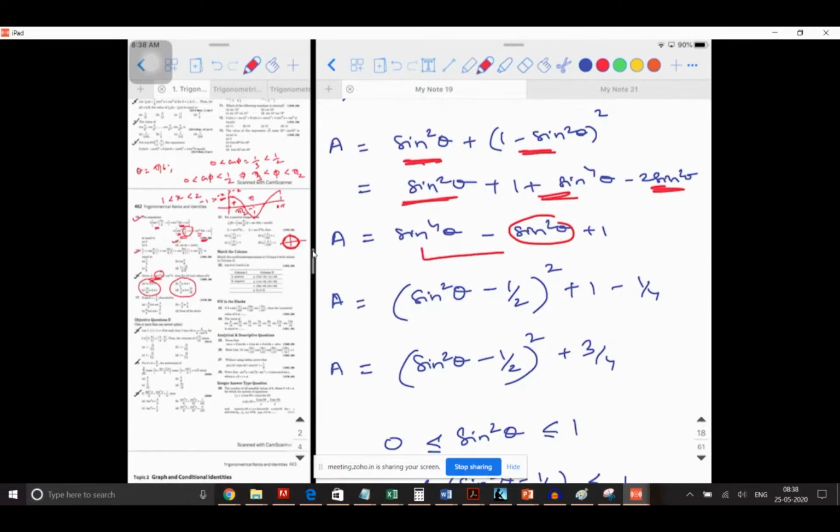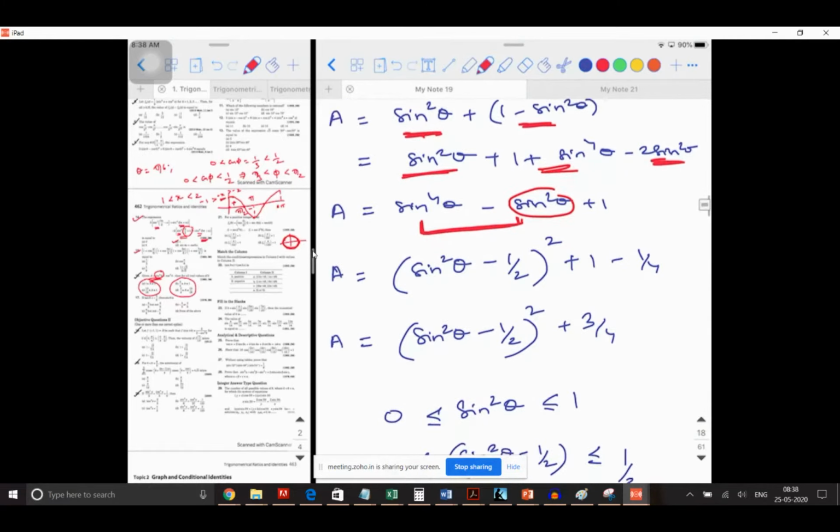Now if you observe this, I'm taking these two terms of sine and applying the completing the square method. You know how to do it, right? Everyone is clear about it? What you're supposed to do is take the square root of this, that is sin square theta, minus multiply this with half the value. So minus half, if I take the whole square of it, what are you going to get? Sin power 4 theta. Did I make some mistake here? No, it's right.